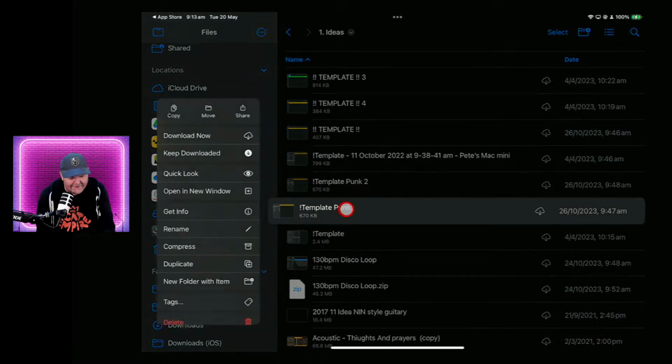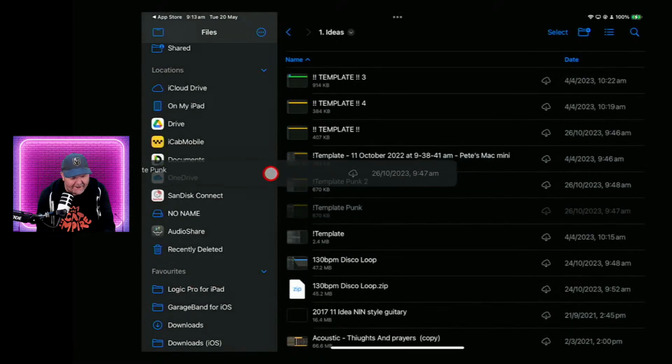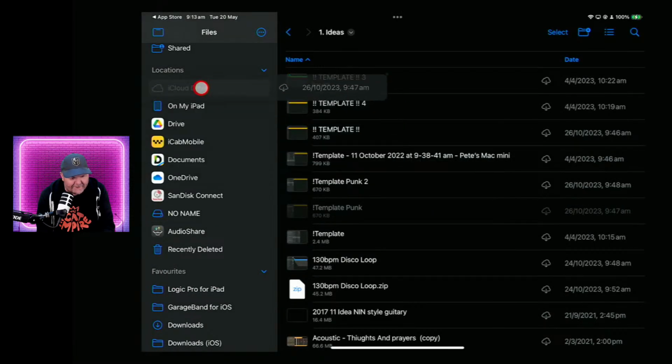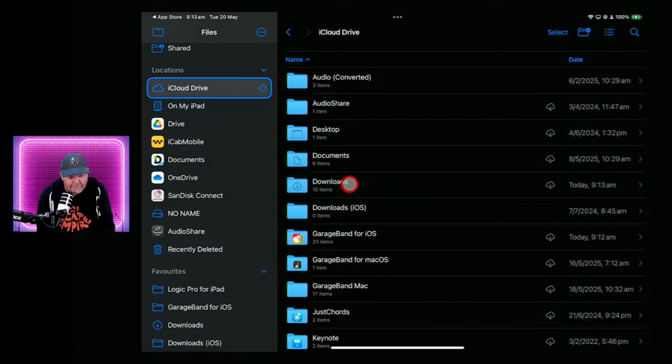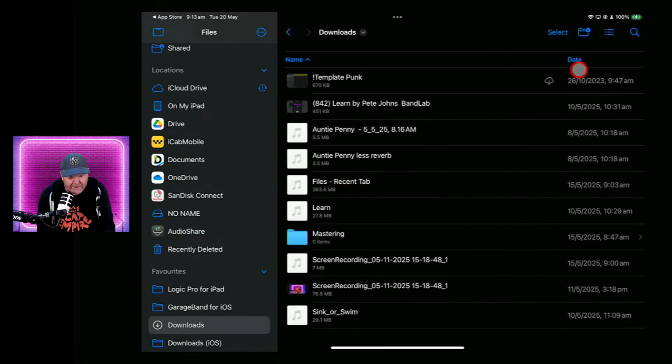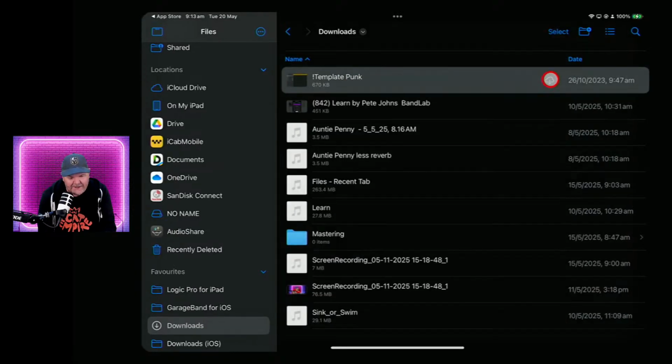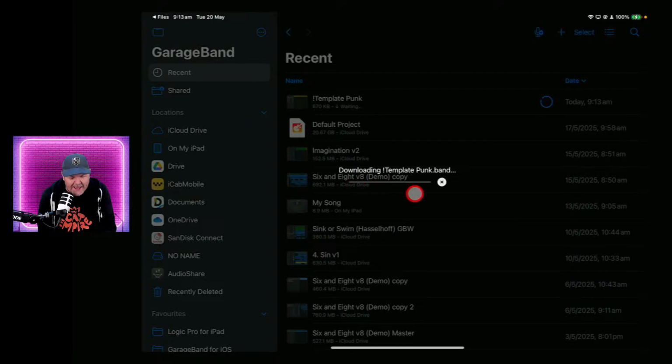Let's try that again. To have it here, keep dragging it. Let's say I wanted to put it in my downloads folder. I'd go to iCloud Drive and downloads and then release it. Then it's going to copy that over. You can see there, copying, and it's put it here. And it's still got the little download thing there because it's only got a placeholder to that one. I'd have to actually hit the download button to download the actual file.